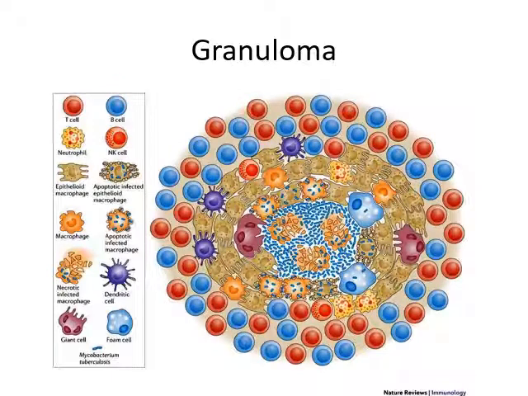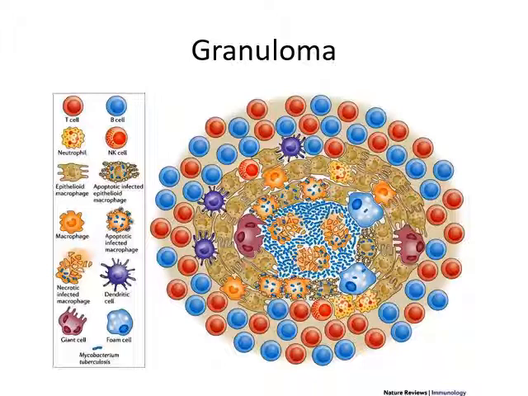The last type of type 4 hypersensitivity is granuloma. Over here, once again, as we discussed in Mycobacterium tuberculosis, or the disease tuberculosis, what happens? The immune system is not able to control multiplication of Mycobacterium tuberculosis. But there is a futile attempt to control and cordon off the multiplying mycobacteria. So it forms a chronic granuloma, a collection of inflammatory cells surrounding multiplying Mycobacterium tuberculosis.